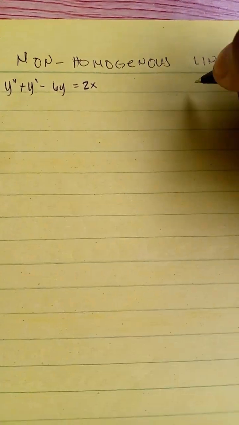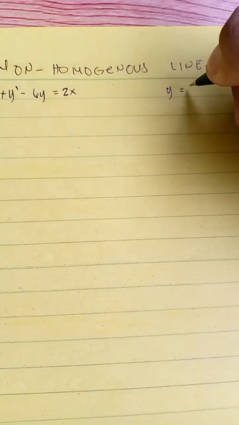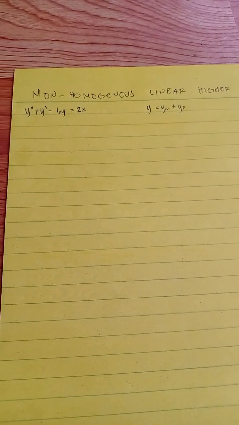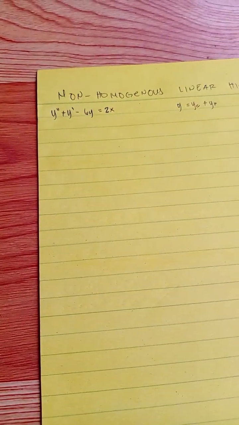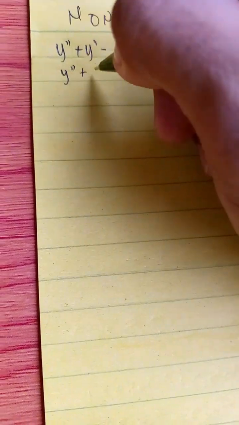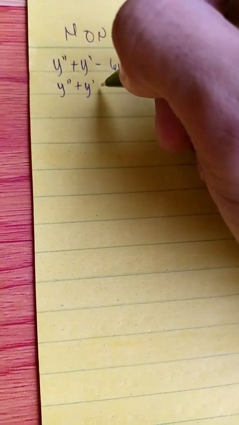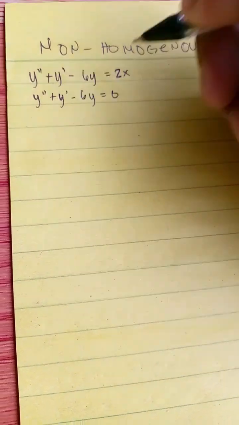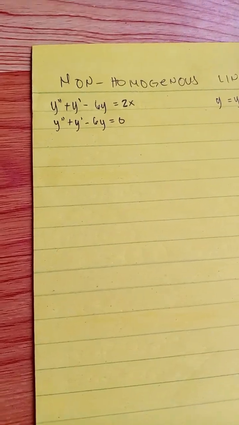The general solution of a non-homogeneous linear equation has the following form: y is equal to yc plus yp. Then first, let's solve for yc. Solve y double prime plus y prime minus 6y is equal to 0, and this will become